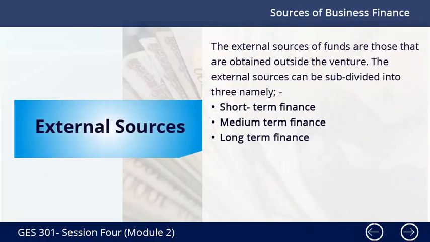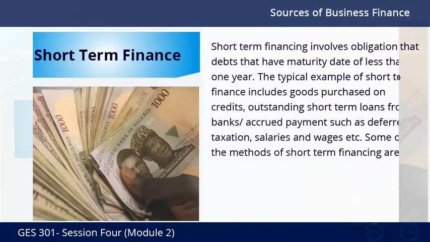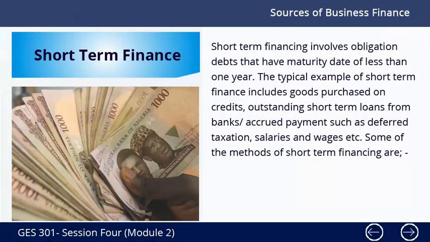External sources. The external sources of funds are those that are obtained outside the venture. The external sources can be subdivided into three, namely short-term finance, medium-term finance, long-term finance. Short-term finance. Short-term financing involves obligation debts that have a maturity date of less than 1 year. The typical examples of short-term finance include